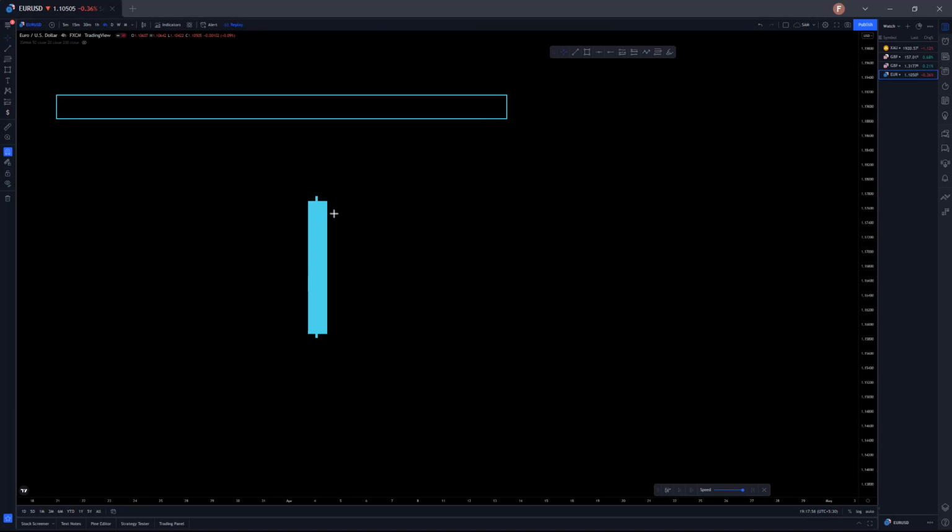Now usually the candles print a lower low, and then the higher high. So at this point of time, your job is to capture the lower low. And how you can capture the lower low